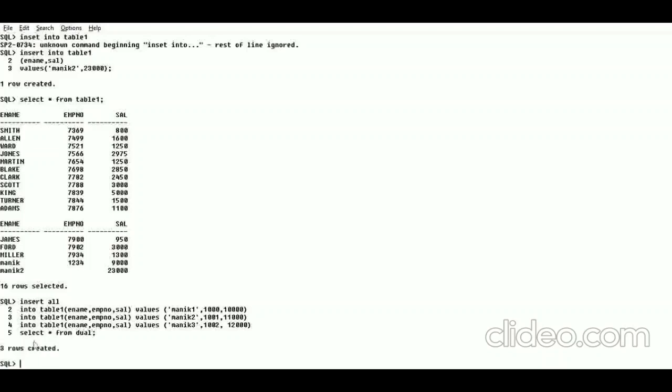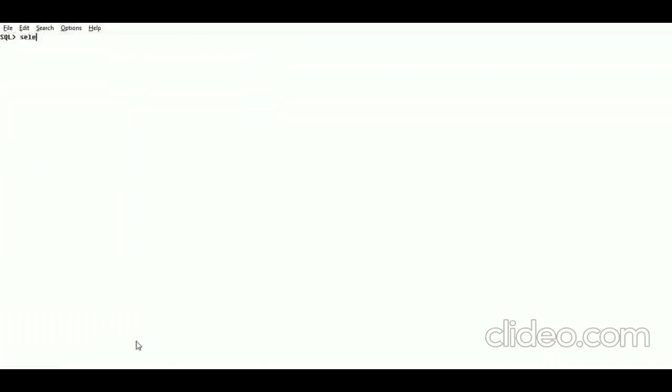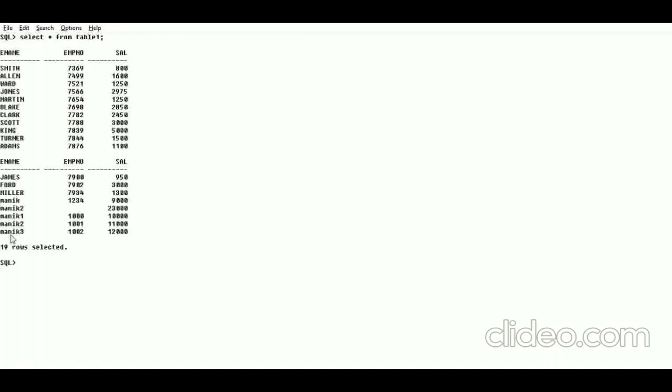So you can observe that 3 rows have been created successfully. To verify the same, let's execute the select statement. So let us first clear the content of this screen. So SELECT * FROM table1. Now you can observe that there are 19 rows in this table now. 3 rows have been created